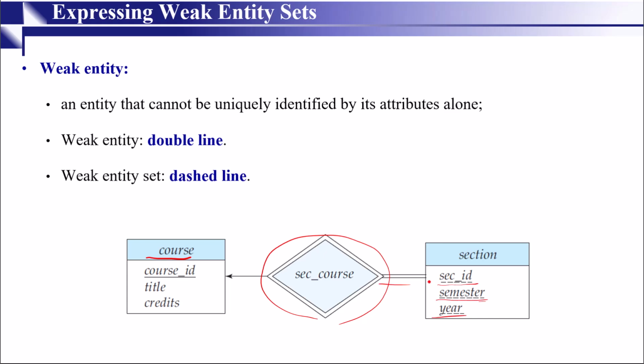A weak entity is an entity that cannot be uniquely identified by its attributes alone. It must use a foreign key in conjunction with its attribute to create a primary key. The foreign key is typically a primary key of an entity it is related to. Like this underline, the discriminator of a weak entity set, to identify a strong entity set, is depicted by a double line diamond here. And the primary key for section, like section ID, semester, and year,